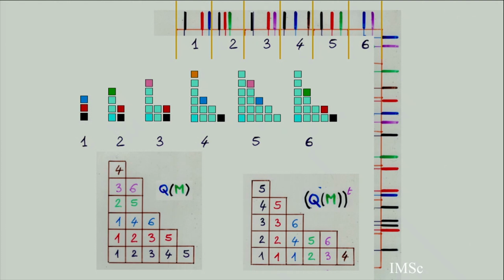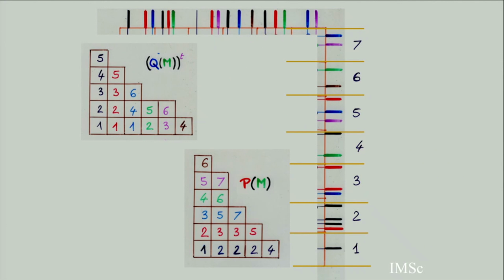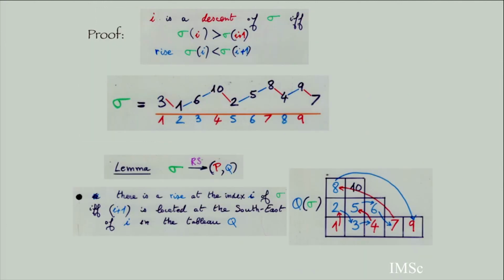So you get this sequence, and this sequence is the same as the sequence of shapes you get by taking all the value 1, and 1, 2, 1, 2, 3, 1, 2, 4. So you have an increasing sequence of Ferrers shapes. It's not a maximal chain, and this increasing sequence of shapes is encoded by this color line here. Again, the proof relies on this argument that having a descent inside the row, you can read the descent in the Q symbol, and the convention to put all columns by a descent gives you this proof.